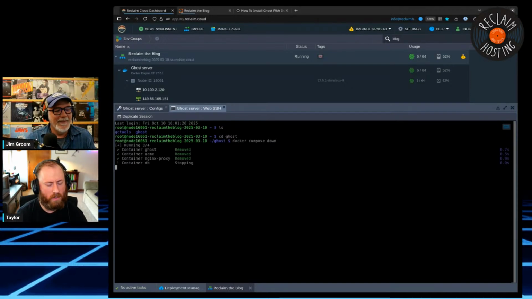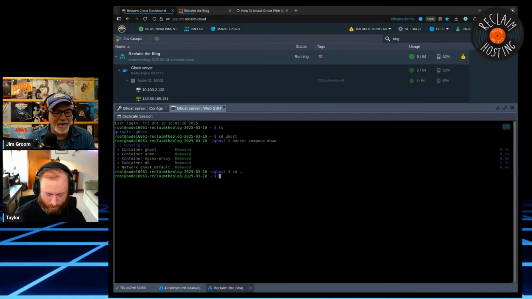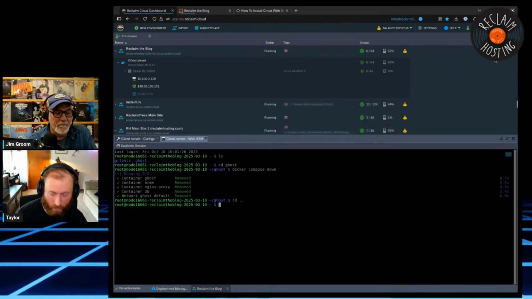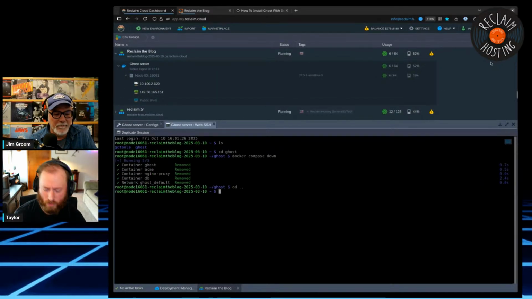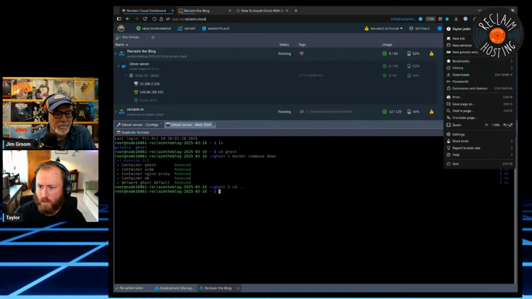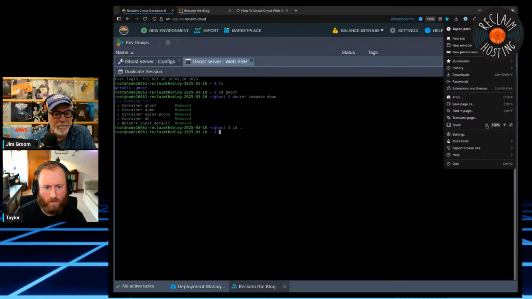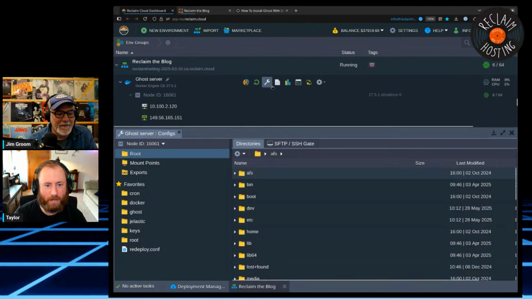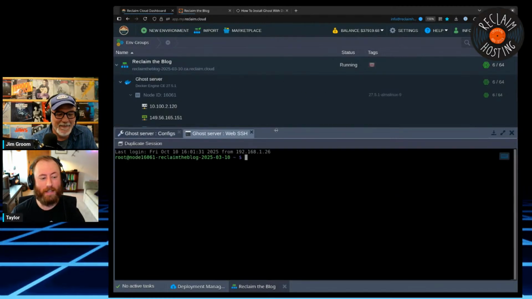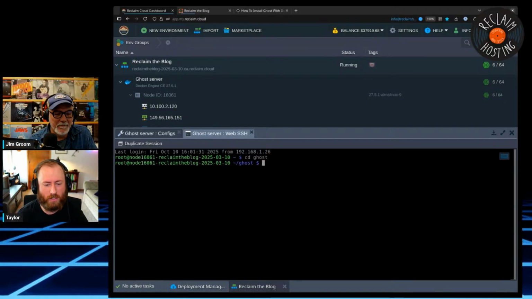This is where Taylor can show off some of his Docker chops. Is this big enough to see? Should I zoom this in, you think? A little bit, yeah, let's zoom in. I think everybody wants to see your Kung Fu command line. Why aren't you zooming further? I feel like that's not even getting big. Oh yeah, I forgot, it's been long enough that you have to close the terminal and reopen it for that to apply.